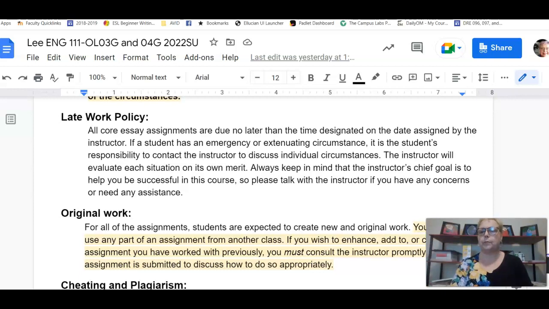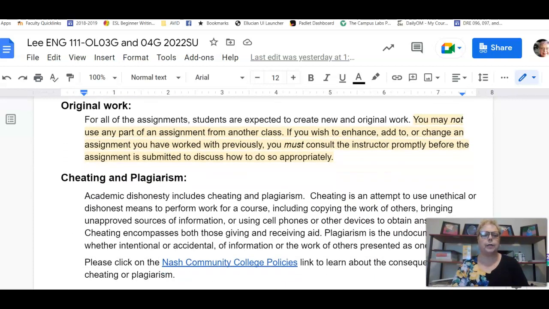And what I'll do is I'll take it over and submit it for you, because once you get past the due date, you won't be able to submit it yourself. You'll have to send it to me to get that done. So most of the time, I will take late work. I have to know. I mean, if you try to take advantage of it and ask for an extension on everything, I might say no sometimes, but go ahead and